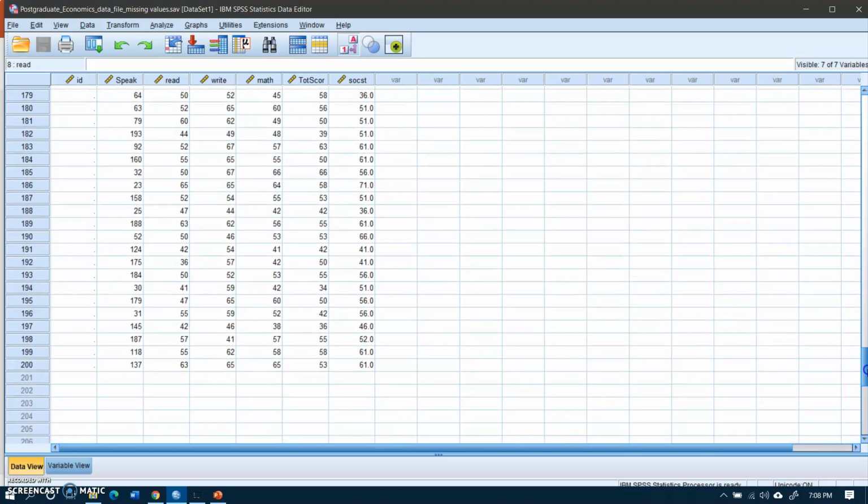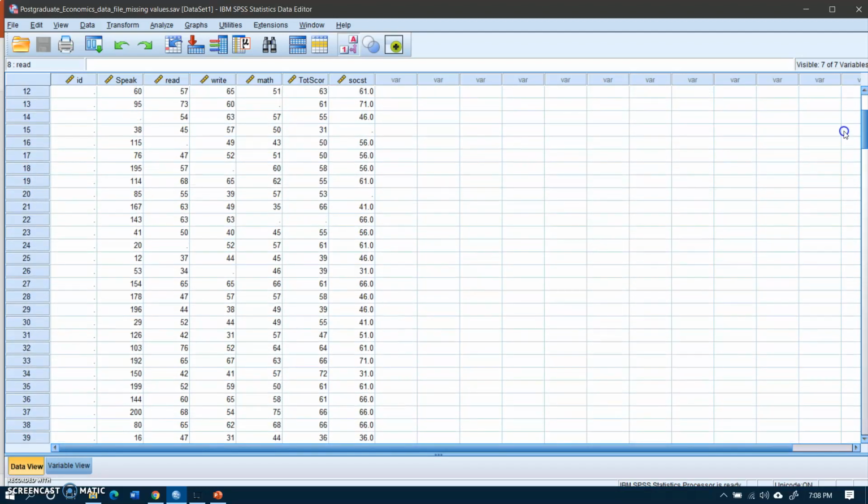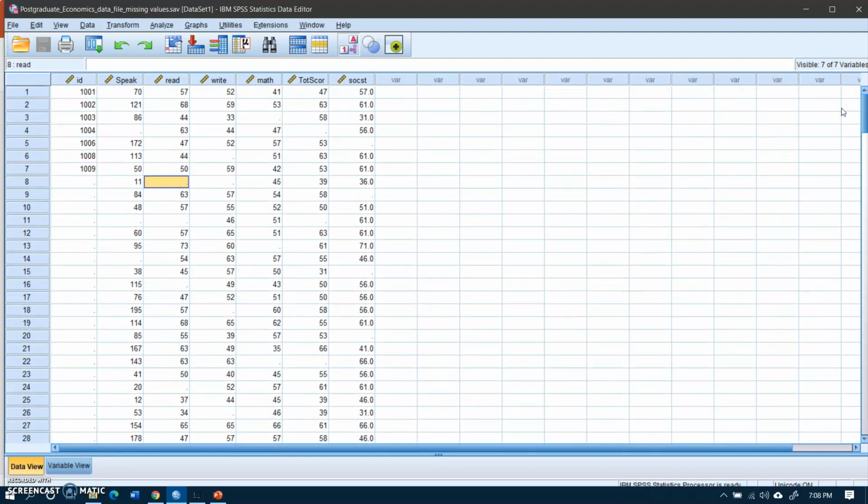Yes, there are 200 observations, and there are many missing values in this data set. So I am going to replace the missing values with the expectation maximization method, and that will give me another data set.